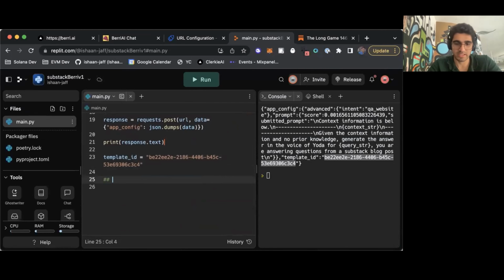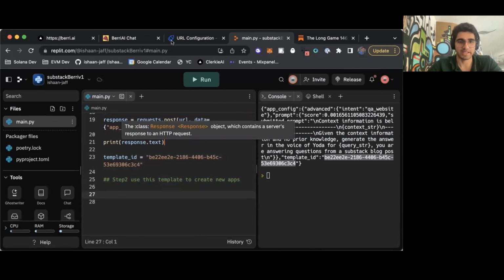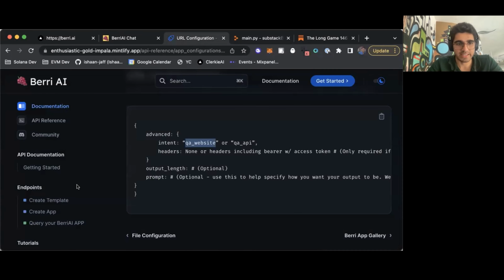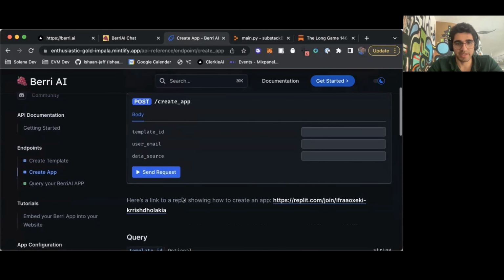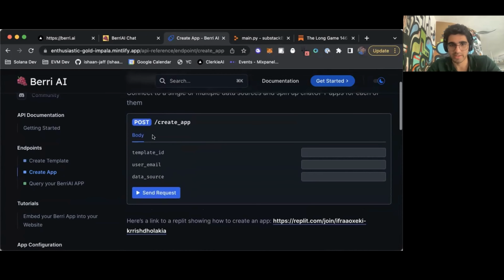And then step two is to use this template to create new apps, right? That's the second part of this. We've gone through creating templates, and now this part is actually creating the app. If you look at this, when you create an app, you pass a template ID and your user email. As a developer, you would pass in your own user email, right? So a sample request here would be, I could enter my